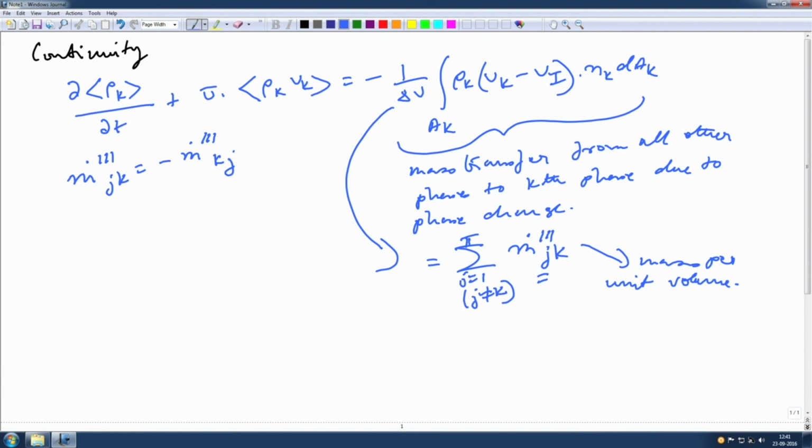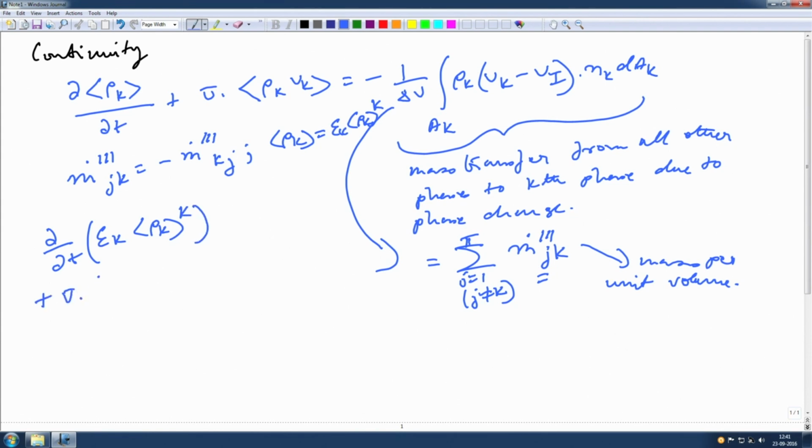Applying now, converting this, and also recalling that rho k is nothing but epsilon k rho k, the intrinsic and the extrinsic phase average, this is given as epsilon k rho k k